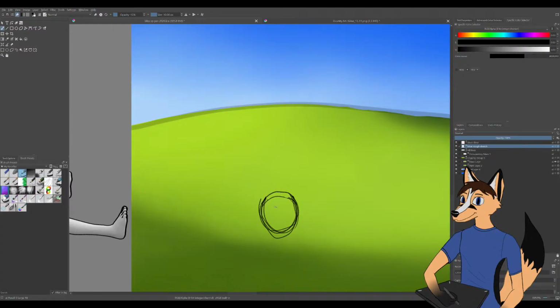Why isn't it drawing? Hello? Anybody home, Krita? What are you doing? Is my whole computer frozen? What's going on here? Where's my mouse? I don't see my mouse. I don't even know where it went. Okay, Krita is frozen. I don't know why Krita is frozen. It just caught up. Glad you could make it, Krita. Waited an eternity.